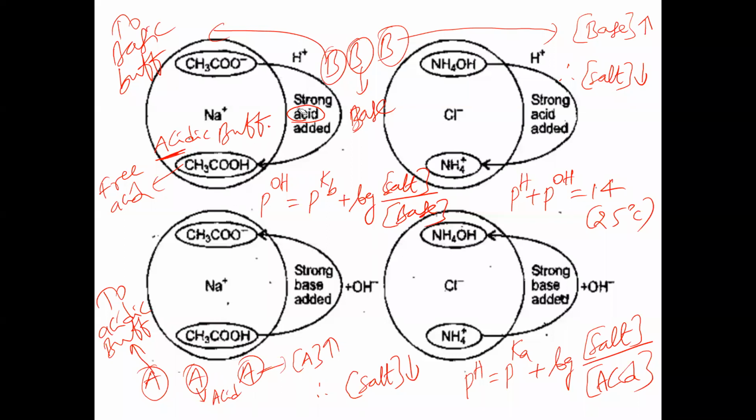In this case, the H plus ions are coming from the addition of strong acid. These H plus ions will combine with CH3COO minus. Why are H plus ions not interacting with CH3COOH? Already H plus is an acidic species, an acid substance. Acid cannot interact with acid. CH3COOH is an acid already, and H plus is also an acid. So HCl and acetic acid, both are acids.